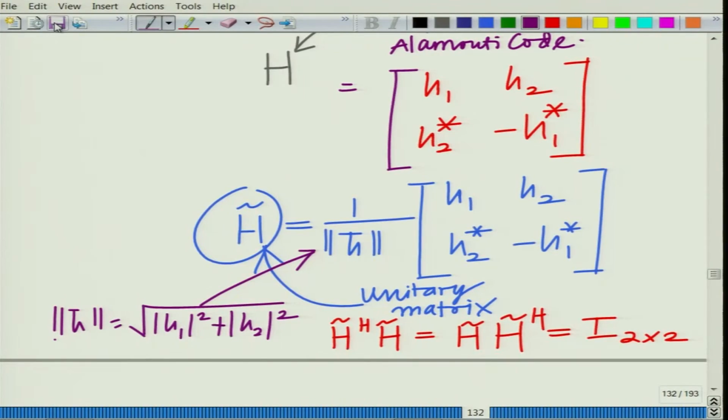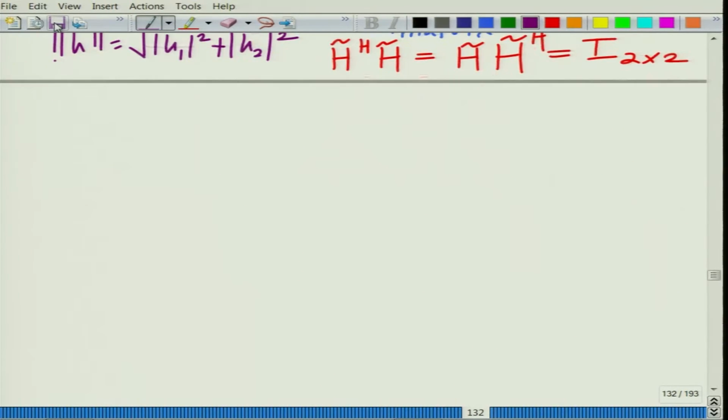Okay. All right, let us look at some properties of these unitary matrices. Unitary matrices have very interesting properties, and as I said, they arise very frequently. So, properties